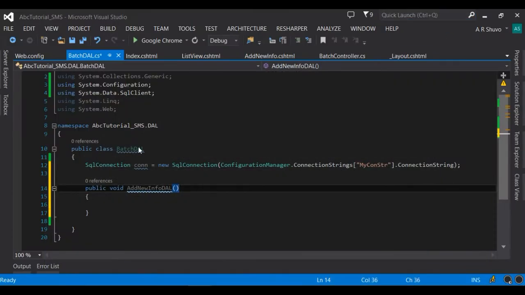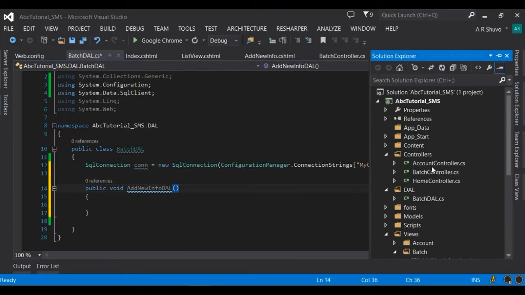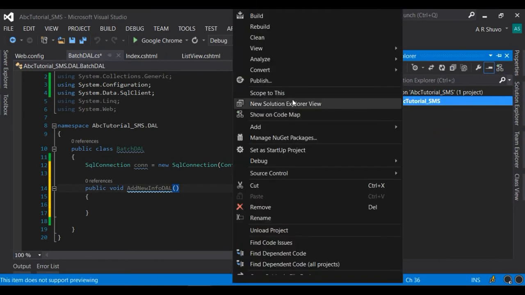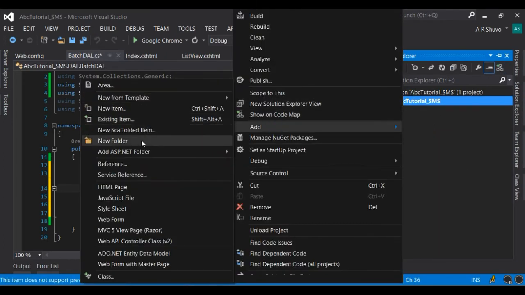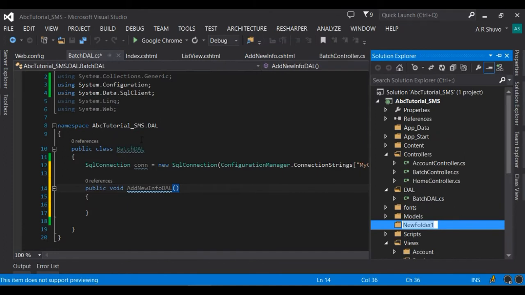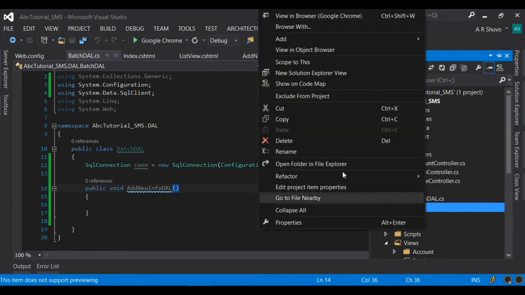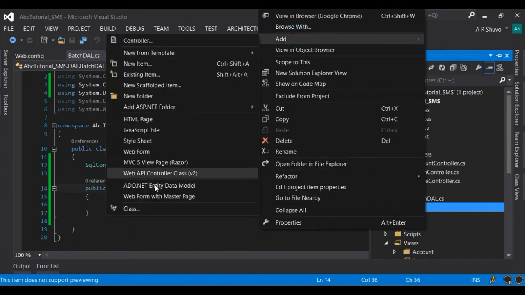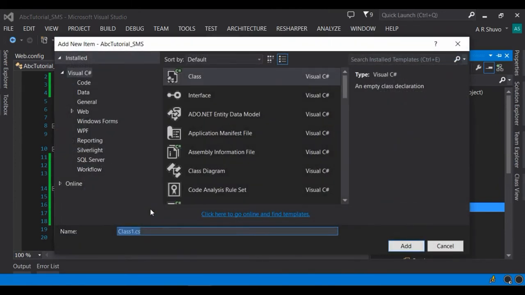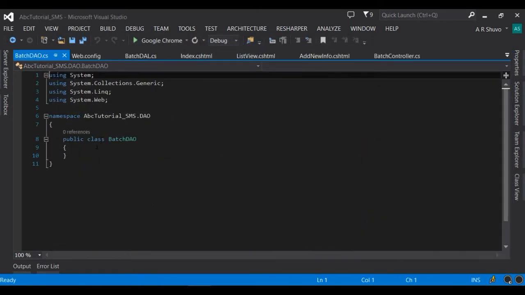So I'm going to create another folder, and I'm going to give it the name DAO, data object. In this DAO I'm going to add a class batch DAO. Okay, and